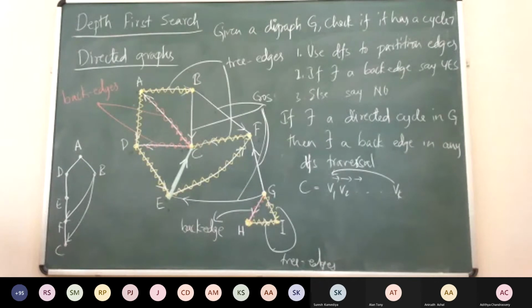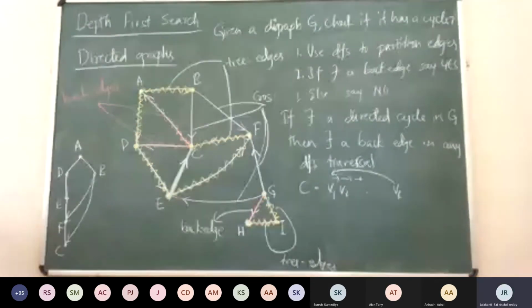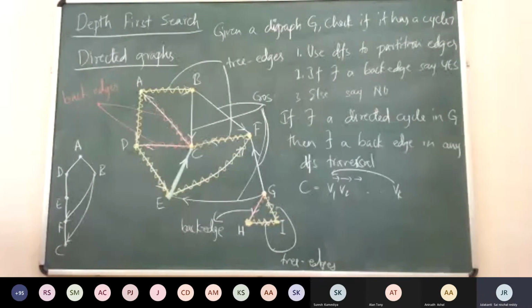Sir, we can take by contradiction. If there is no back edge, there will be cross edges and forward edges. We are having a path from ancestor to descendant in the tree. But what are the descendants? Here, can we say anything about descendants or reachability? Suppose there is a vertex. Can you say that some other vertex will always be its descendant?